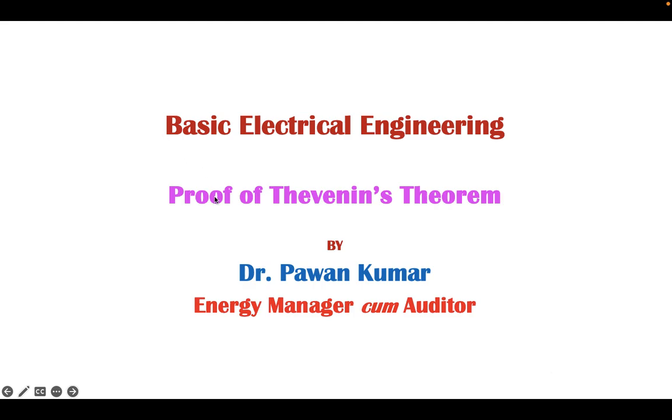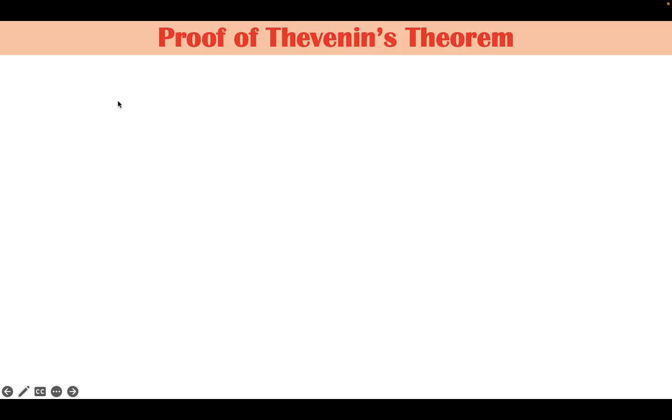In this class, we are going to discuss the proof of Thevenin's theorem. Let's consider a network having any number of sources and any number of resistances or linear elements across terminal A and B. Now, when a load is connected across terminal A and B,